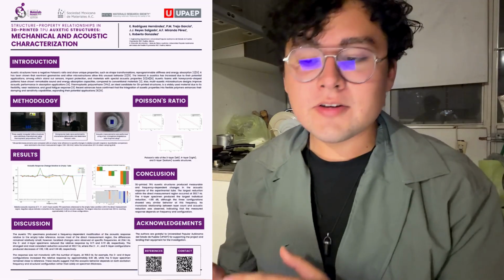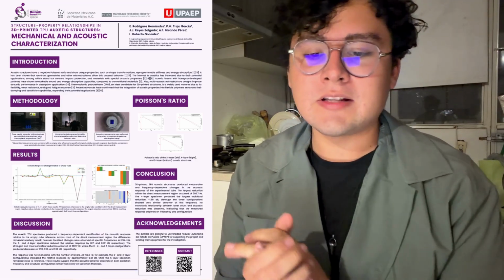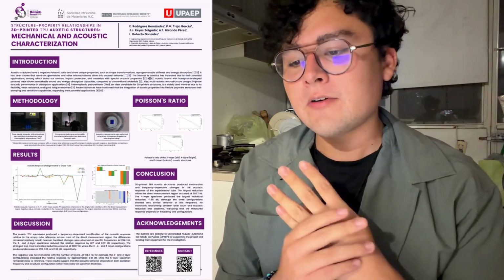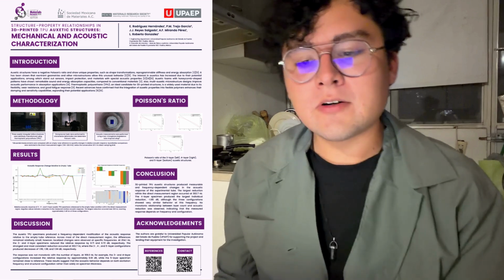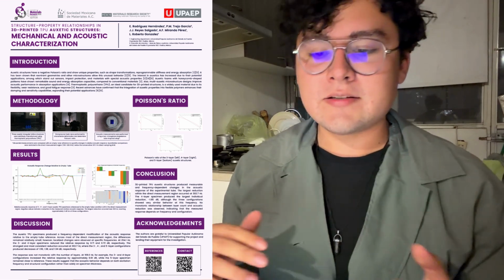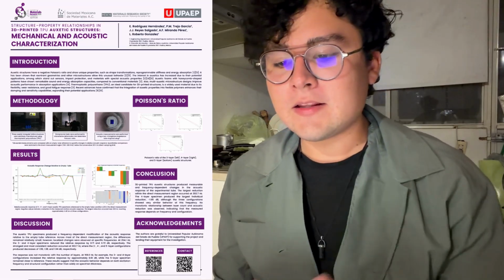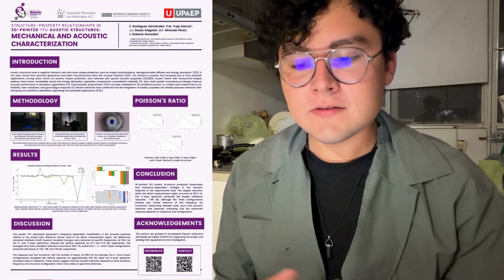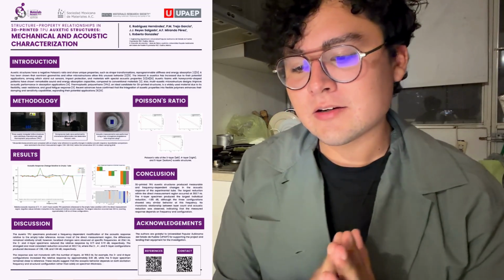For the methodology of this project, we 3D printed 3 triangular auxetic lattice structures with 3, 4, and 5 layers using TPU. First, we performed an axial compression test to characterize their deformation and determine their Poisson ratio. And as shown in the graphs on the right side of the poster, the structures exhibited the expected auxetic behavior